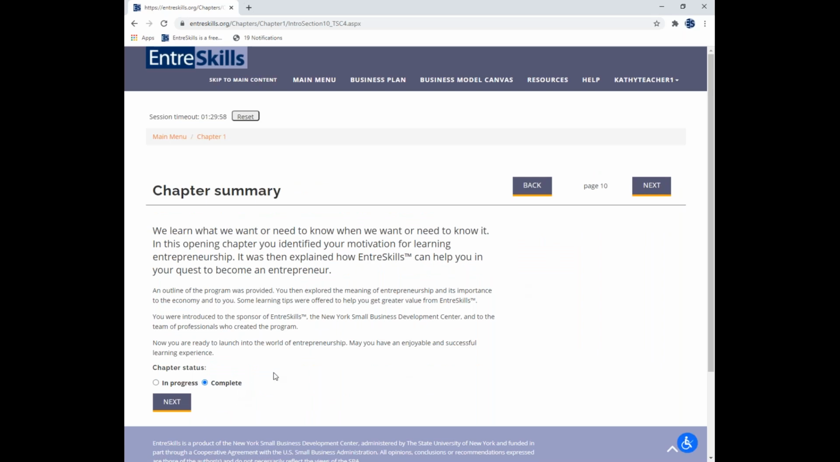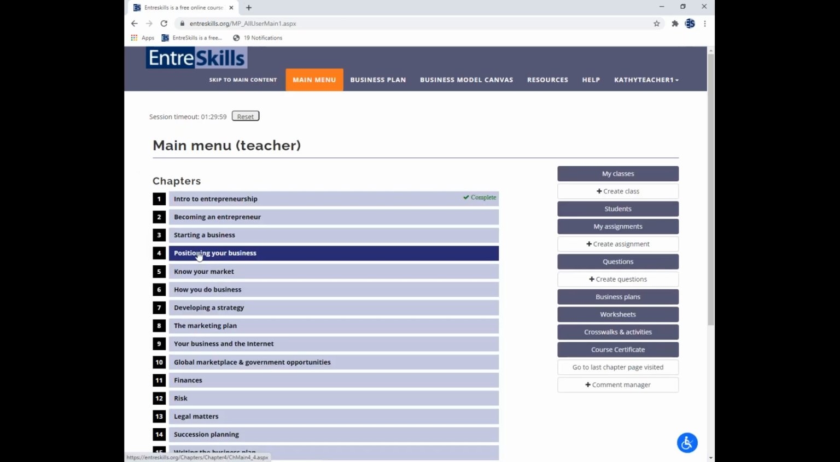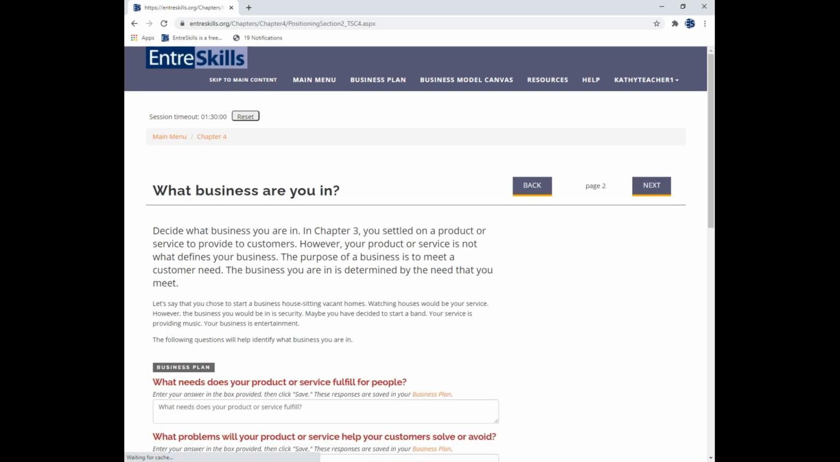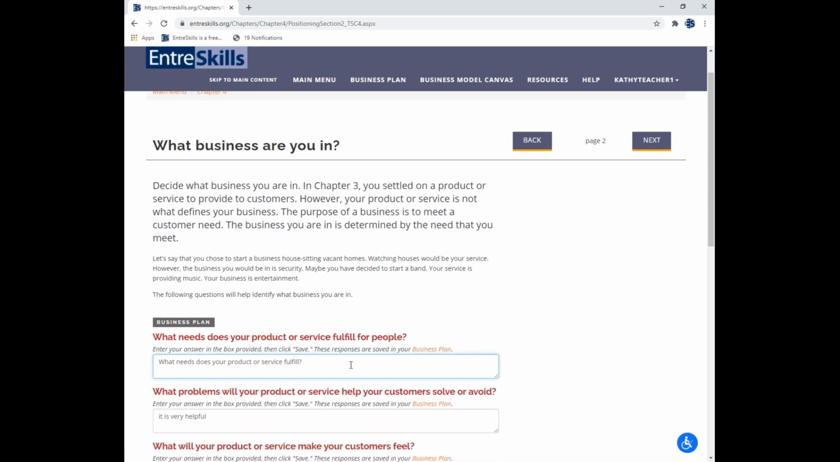When you get to the end of a chapter, you have the option of marking it as complete. By default, in progress will be checked. To mark it as complete, you just click on that. Jumping ahead to Chapter 4, Section 2 is where the second set of questions embedded in the chapters can be